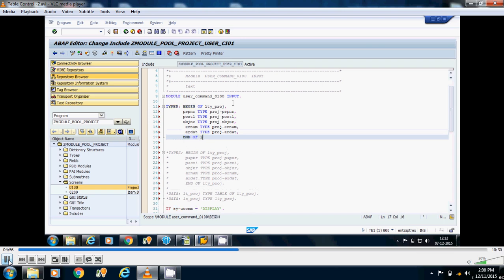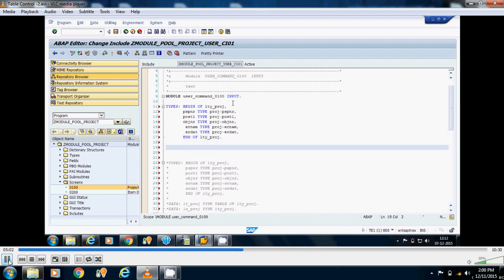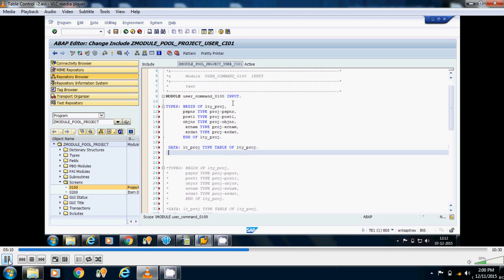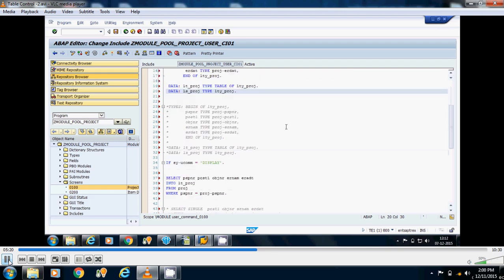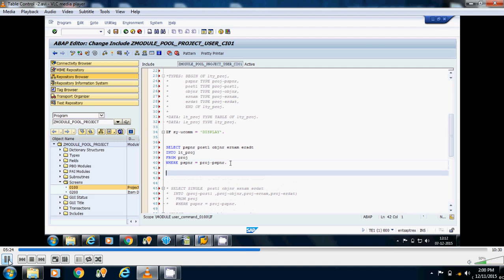Now I will write the internal table: data lt_proj type table of lty_proj. Now I will write data ls_proj type lty_proj. Now I have taken the data into the internal table lt_proj.